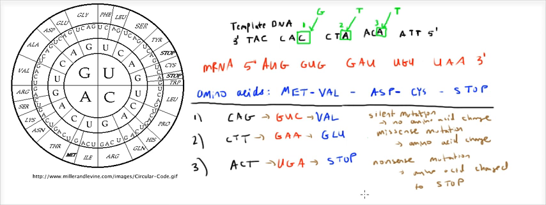So there you go. You've got your silent mutation where there's no change in the amino acid. You got your missense, which changes the amino acid, and you got your nonsense, which changes the amino acid to a stop. And this nonsense mutation can be a really big deal. It can totally change the protein, whereas the silent is pretty benign and the missense is kind of